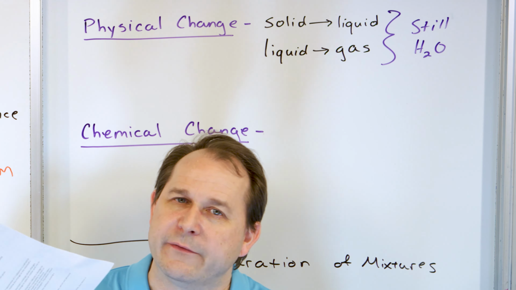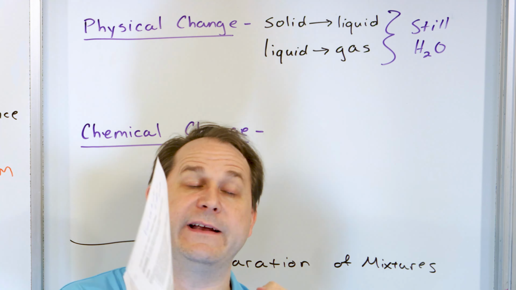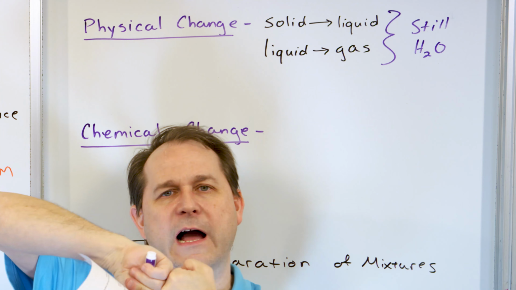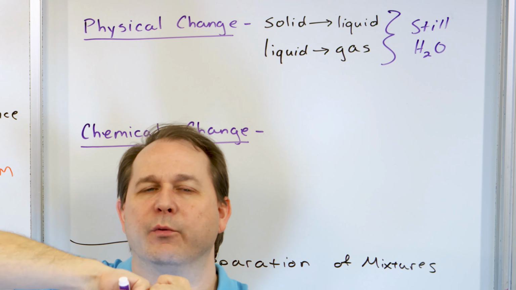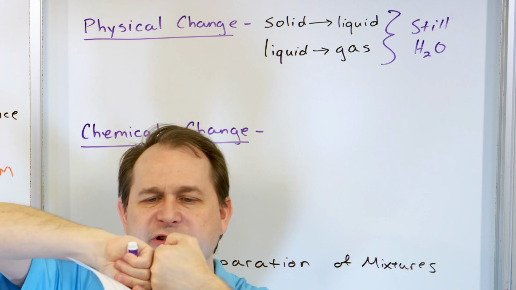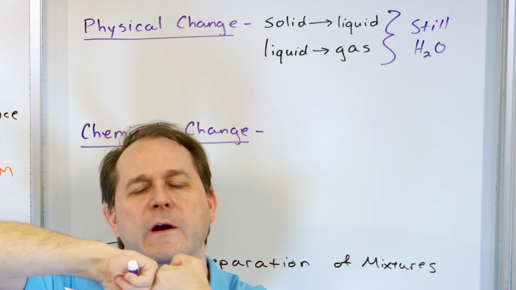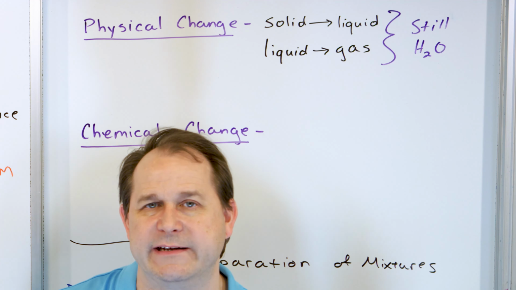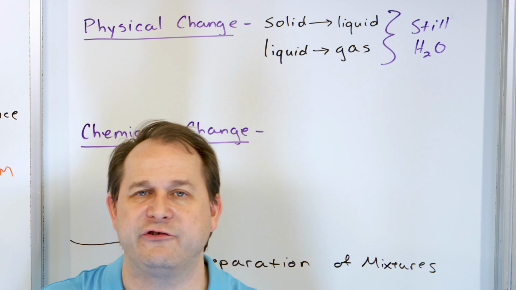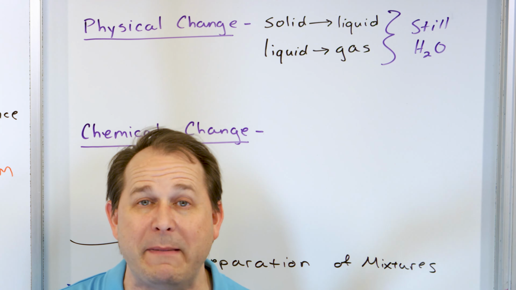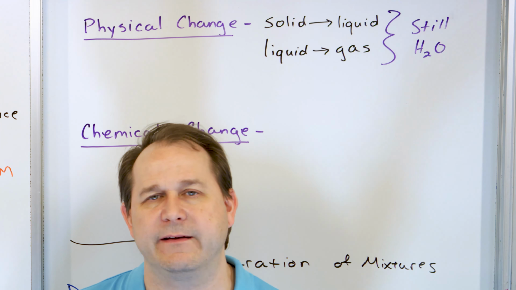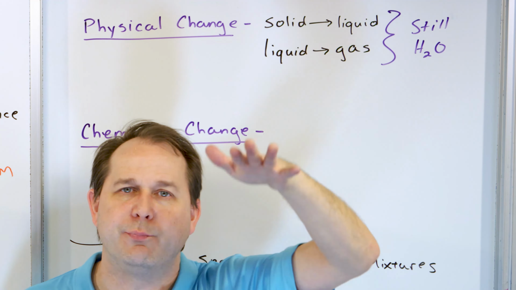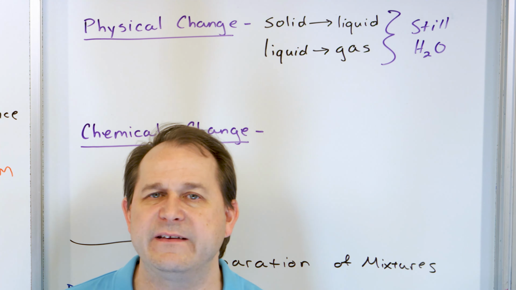But if we cool down the water, the molecules stop moving, or they slow down, and eventually they get to the point where they just get locked into place, into a lattice that we're going to talk a whole lot more about later, where they can't move past each other anymore. They vibrate a little bit, but they can't slip past each other anymore, and so we call it a solid in that case. But the chemical nature of H2O, of which that substance is made, doesn't change when you go through a phase change like that. If you go into a gas phase and you have water vapor coming off as you boil the water, it's still H2O. That's a physical change.